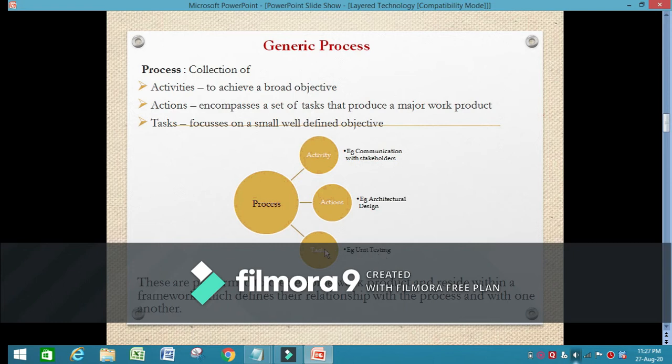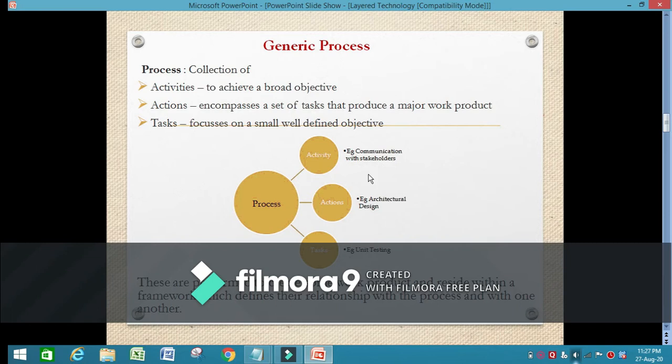Because if you carry out testing on a module-by-module basis, it helps us to find out whether an error has occurred in that particular module, and it will be easy to trace that error. But when we perform testing on the whole product, it will be very difficult to trace where the error has occurred. So a task focuses on a small, well-defined objective.